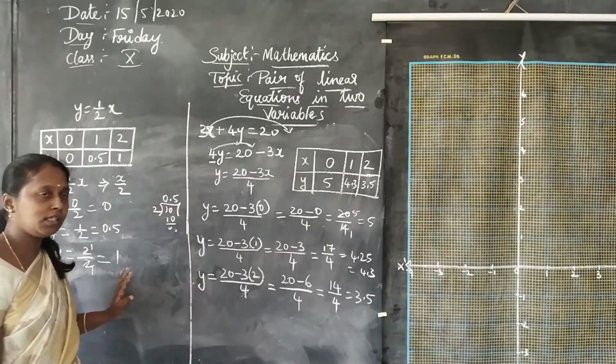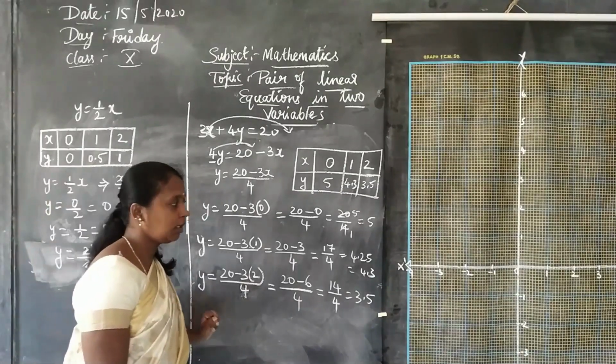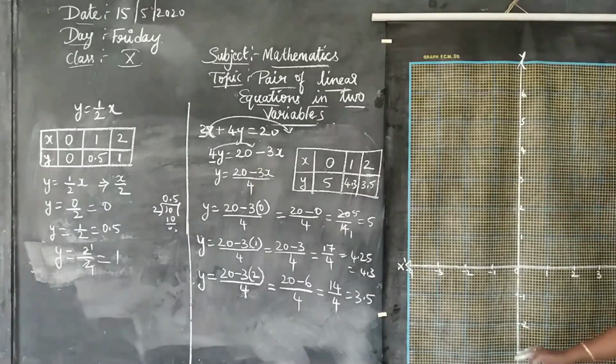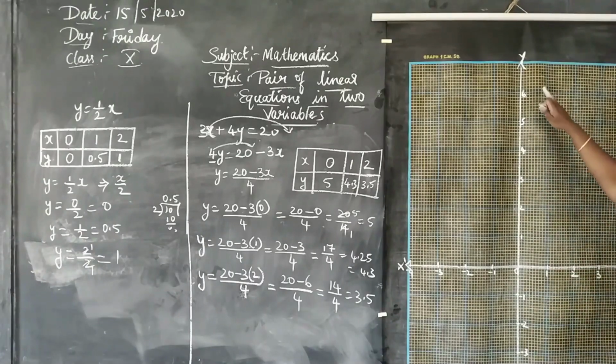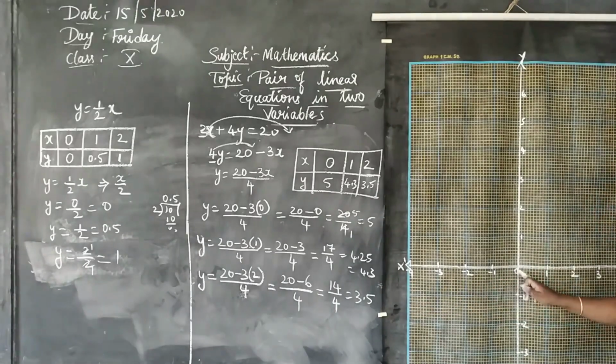Okay children, any doubt with this? Come for the graph plot. Here is a graph. Yesterday I told you the graph can be divided in this way. The vertical line is called the y-axis. The horizontal is called the x-axis. The right side of the x-axis will be positive values. The left side will be negative values. Here is the origin, 0. The upper part will be written with positive values. The y-axis downward will be the negative values, above the origin and below the origin.